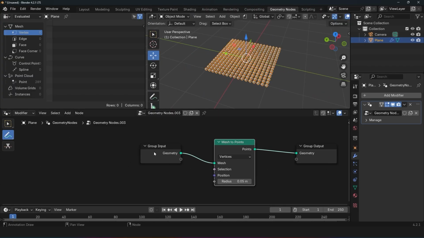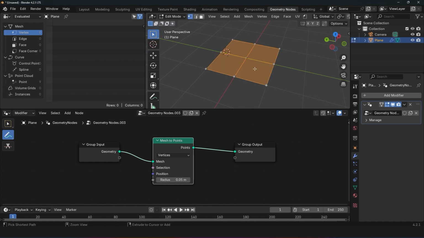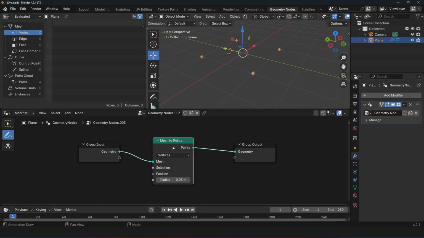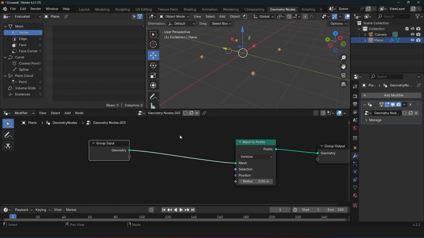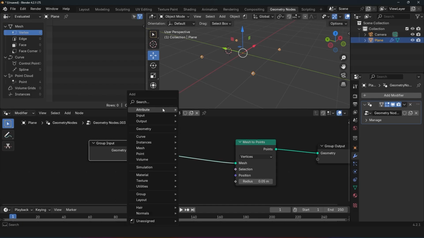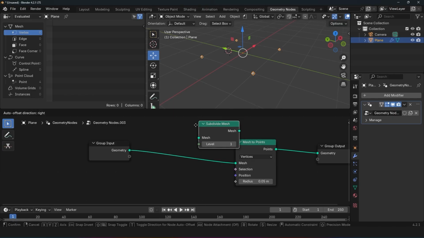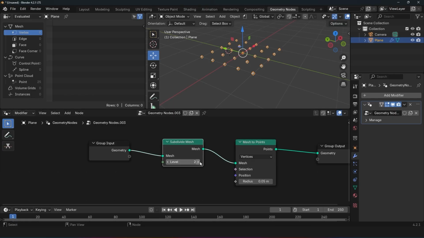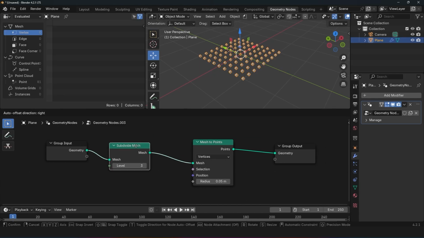So let's do the subdivision within geometry nodes as well. I'm going to undo this, Ctrl Z, 1, 2, 3, until we have our basic plane. So instead of subdividing in edit mode, I can use the subdivision node. If I use Shift A and add a subdivide mesh, I can subdivide this like this. Now notice that I'm adding this here